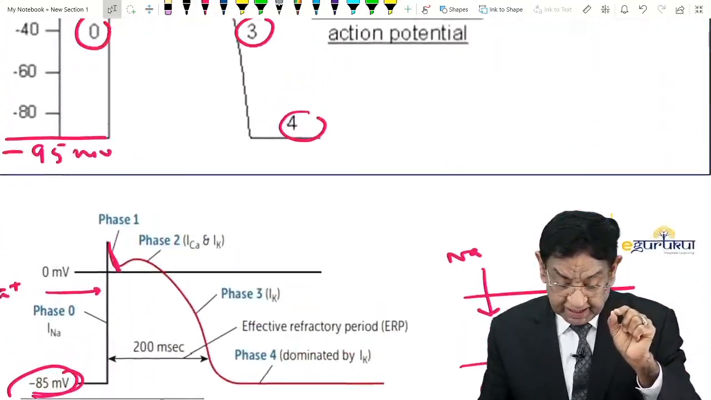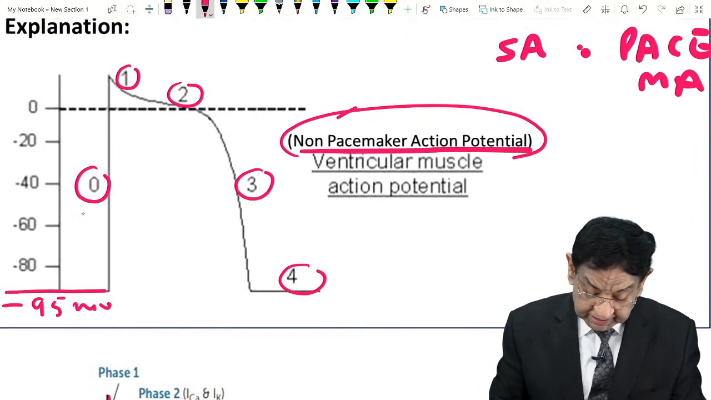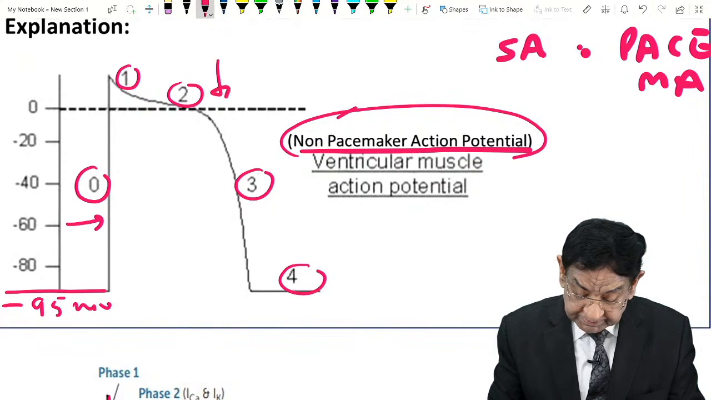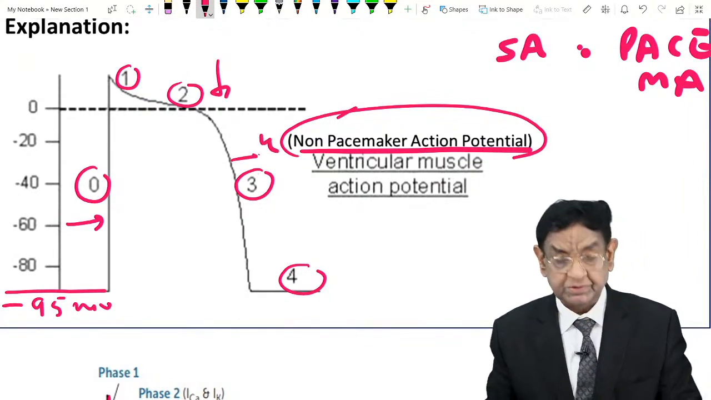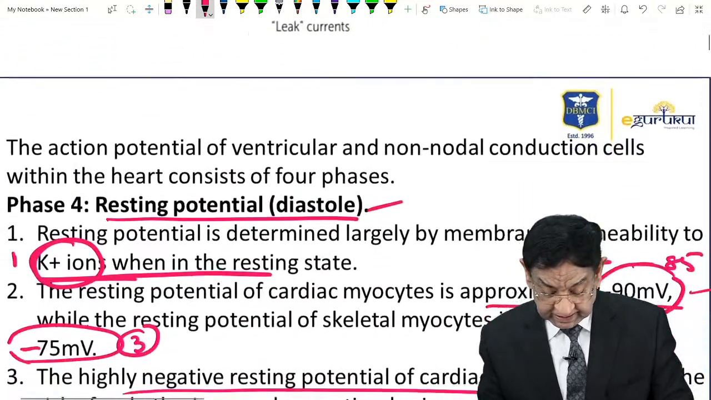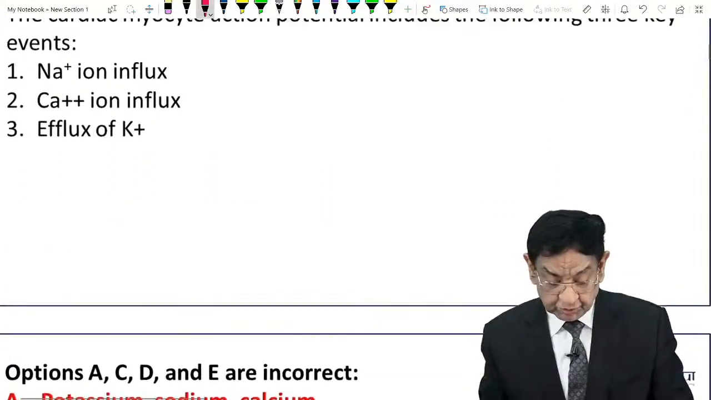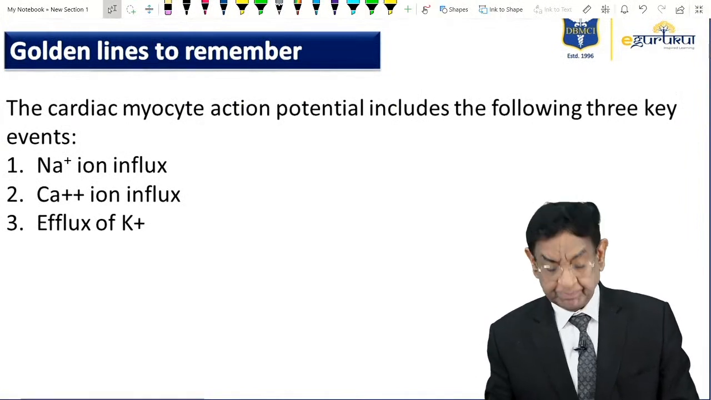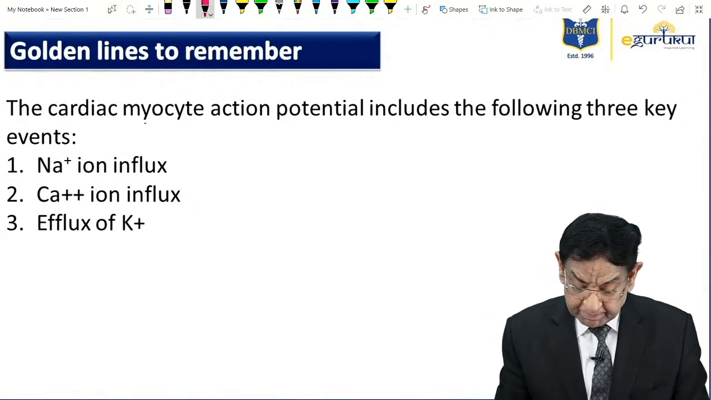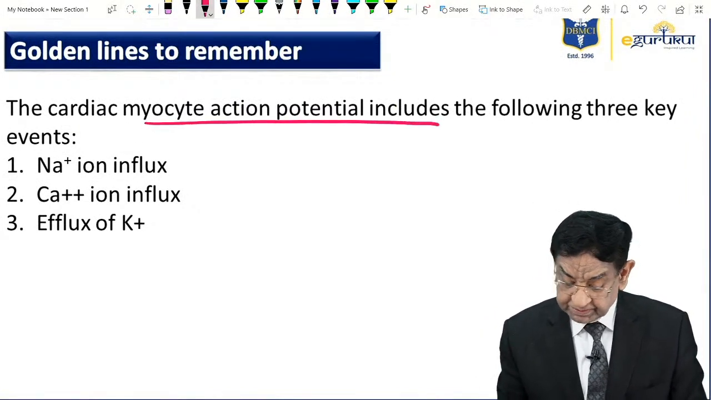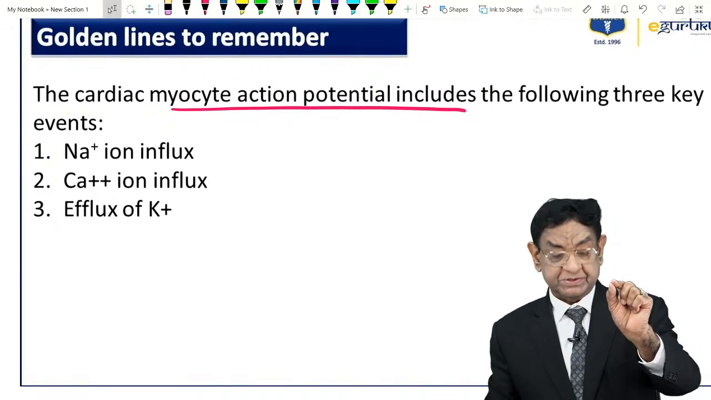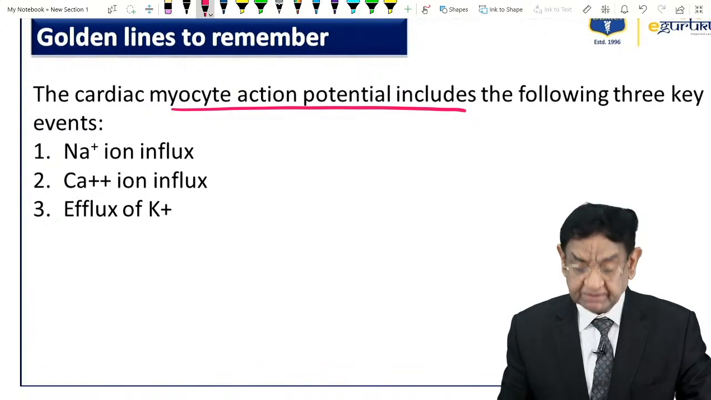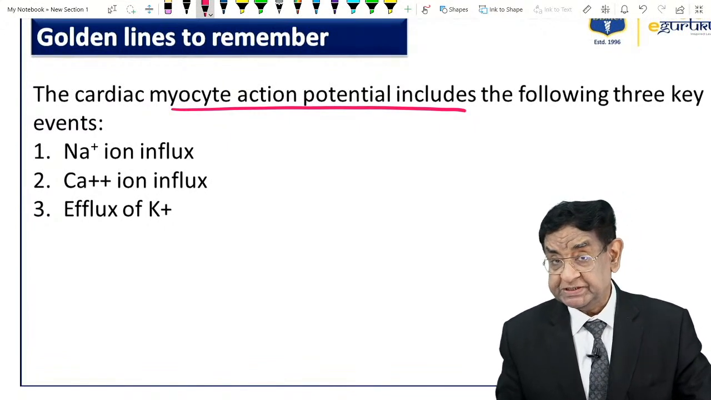If you go into the diagram, so this is the what? Sodium enters, and this is the calcium enter and the potassium goes out. In the summary, that's why the answer is sodium, potassium and calcium. Golden line to remember. Cardiac myocyte action potential include the following three events: sodium ion influx, calcium influx and potassium